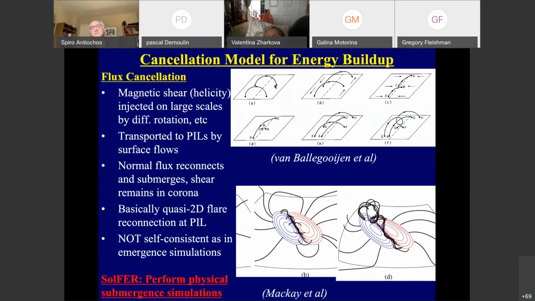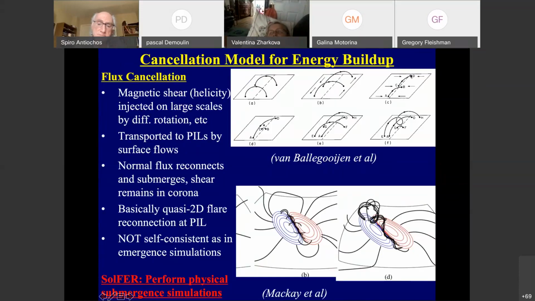Okay, so that was the emergence process. Suppose now we take the opposite, the cancellation. How does that work? And here's the cartoon drawn by Aad van Ballegooijen and Piet Martens many years ago. The way this works is that, again, you have to have shear first. So you imagine you have some potential arcade, and then you take some large-scale shear, for example, due to the differential rotation. Then you imagine that you have convective motions that bring flux towards the polarity inversion line in order to cancel,